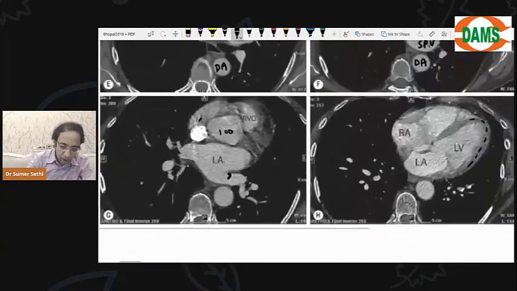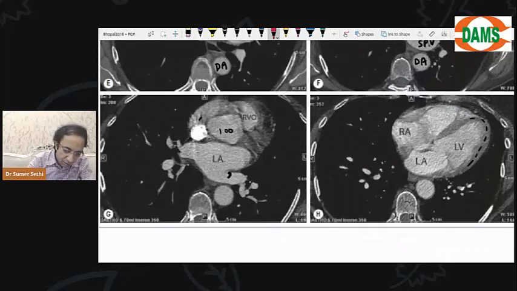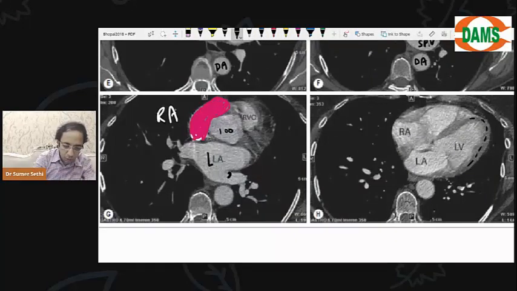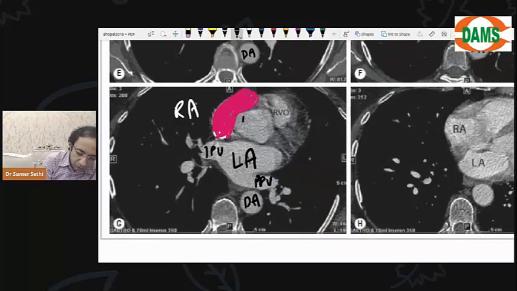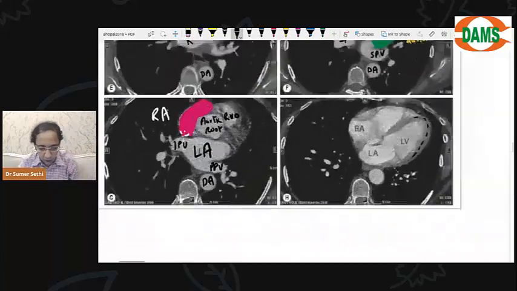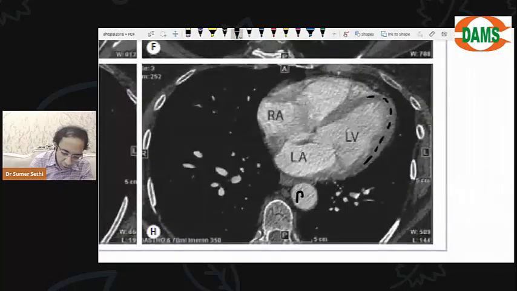Okay. And then I told you to identify that if we trace the superior vena cava, it has gone into the right atrium. This entire thing is your right atrium. Right atrium is towards the right, but the posterior most cardiac chamber is the left atrium. This must be your inferior pulmonary veins opening into it. This is the descending aorta. In the center, you have your aortic root, right ventricular outflow tract, and in the final image I taught you that right next to the vertebra is the